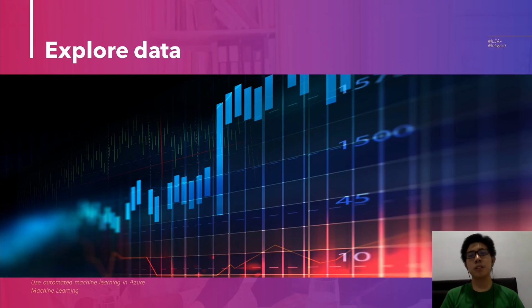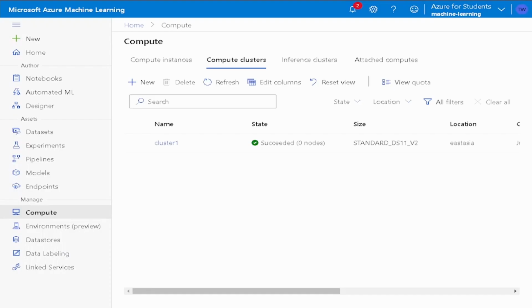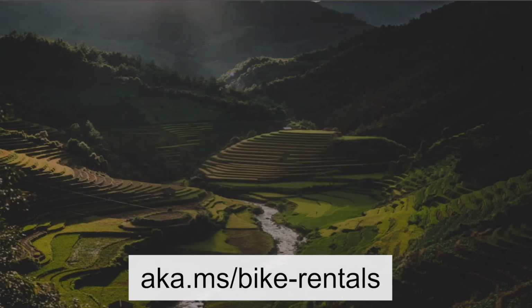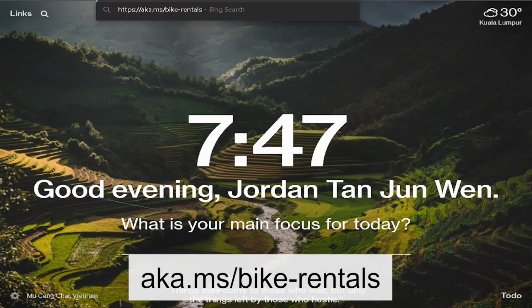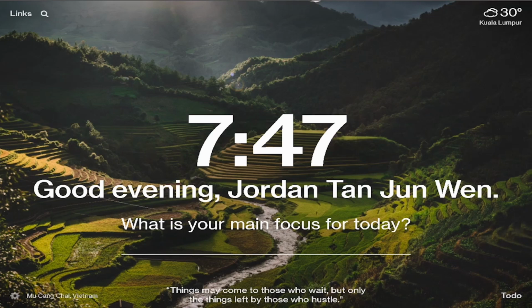Machine learning models must be trained with existing data. In Azure Machine Learning, data for model training and other operations is usually encapsulated in an object called a dataset. So for the dataset, we'll be using historical bicycle rental details, and you can go to this website aka.ms/bike-rental to view the comma-separated data. Save this as a local file named